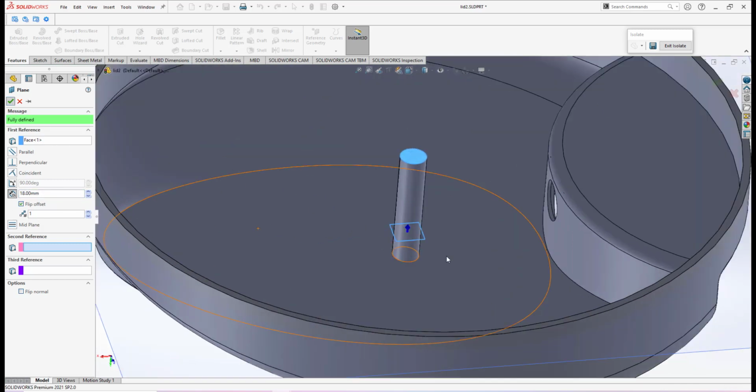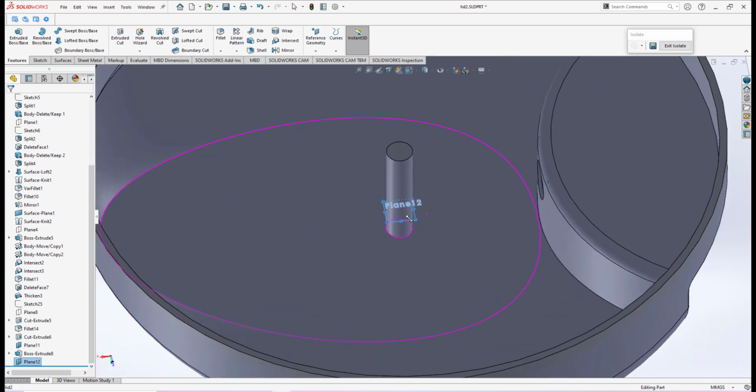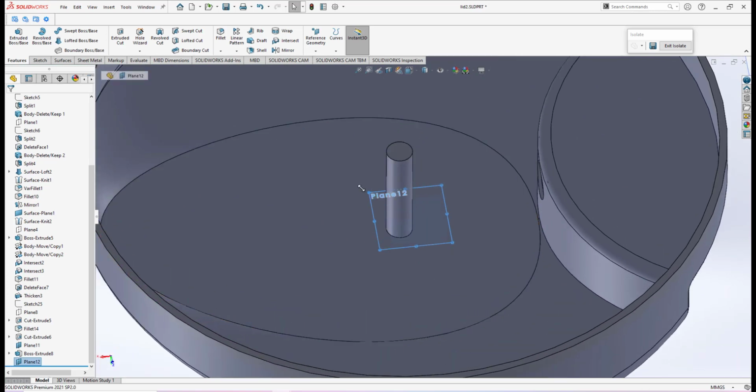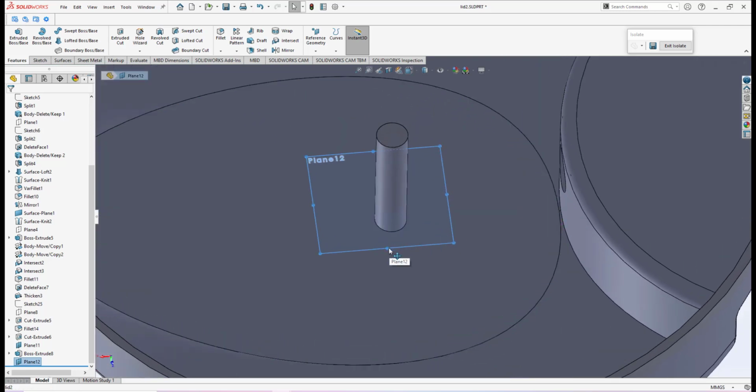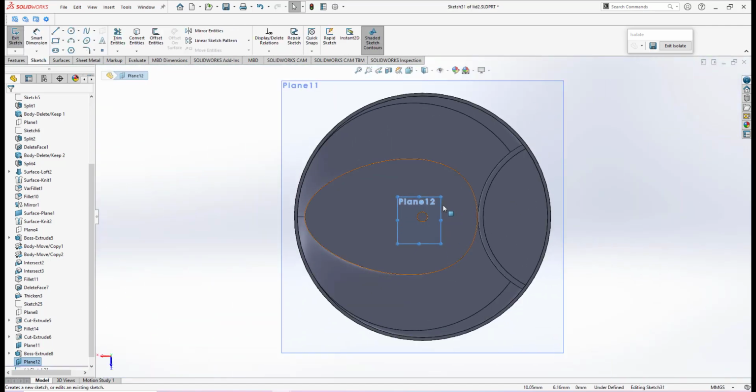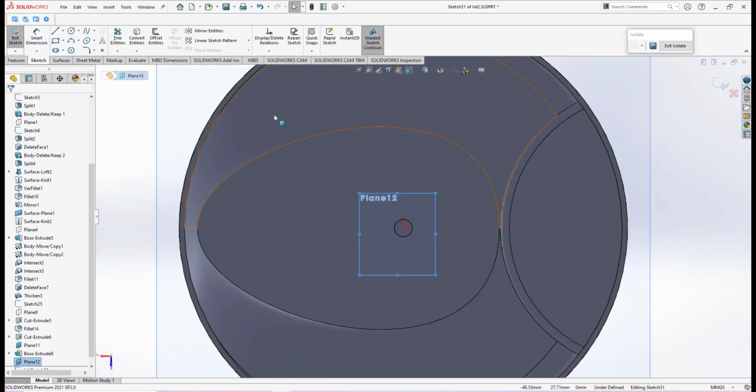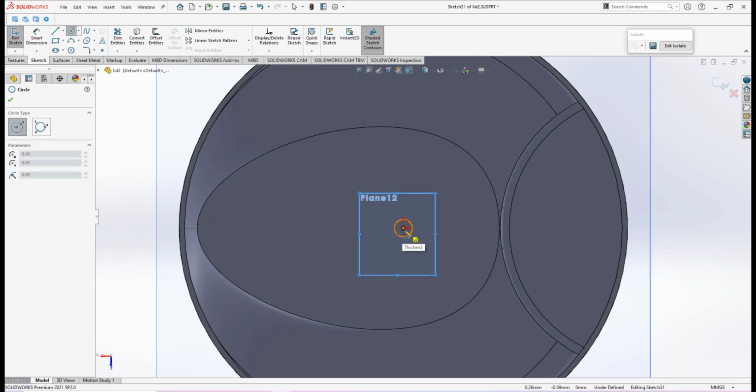So this sketch is for us to create, actually the sketch plane, this Plane 12 that we made. Actually a plane is infinite, you can drag it, we can resize it to any size that you want. So this will be the plane for us. So I create a sketch on this plane, and this is this plane. On this plane I create a sketch of